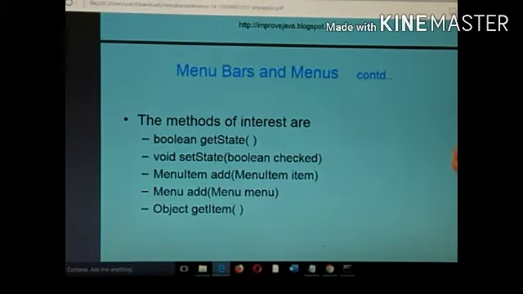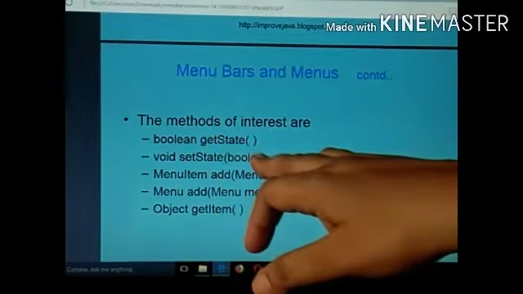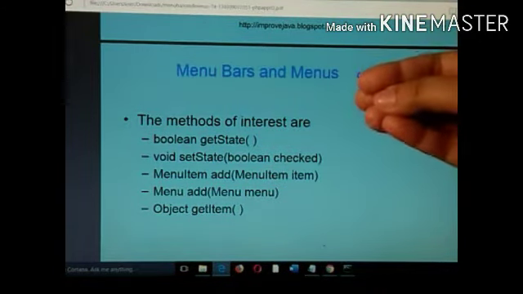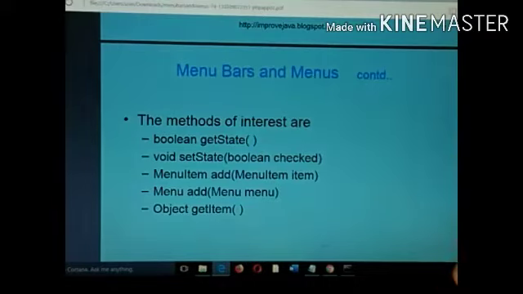You can find the checkbox, in a few cases of the menu bar and menus, towards the left of the menu items that can be checked. So boolean get state tells whether the item is checked; if it is checked, I get the value true, and if it is not checked, I get false.